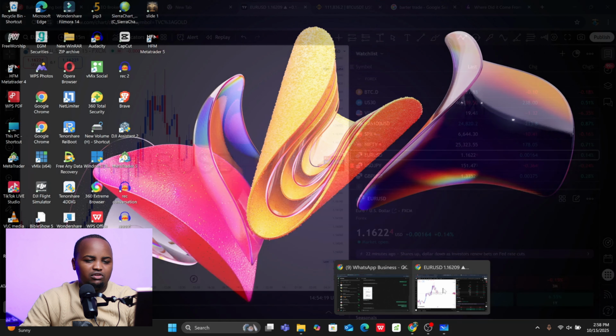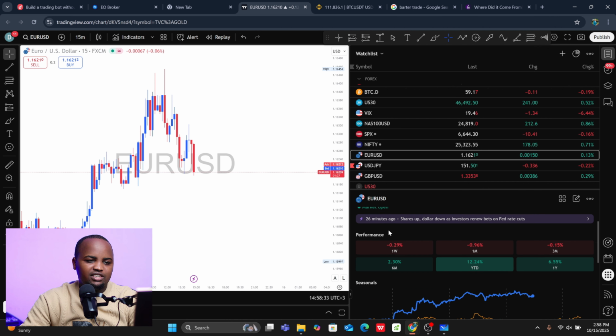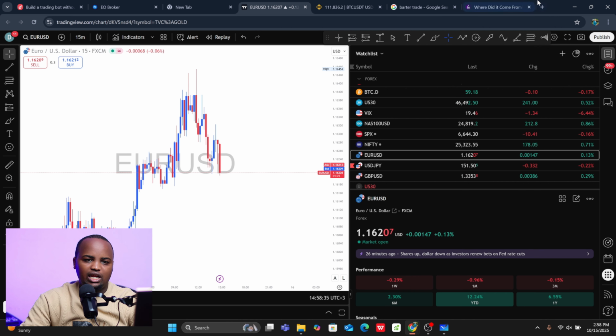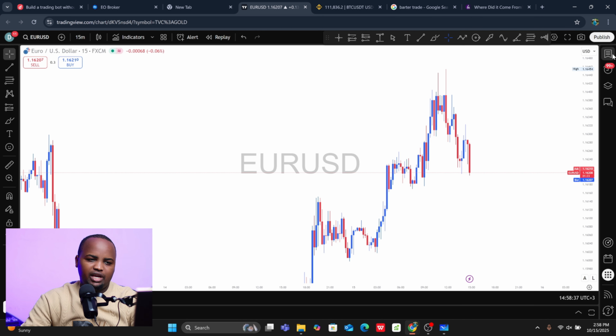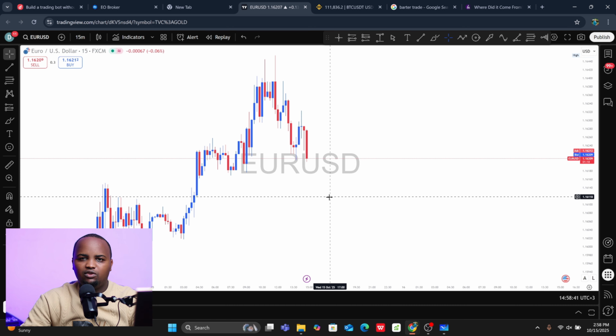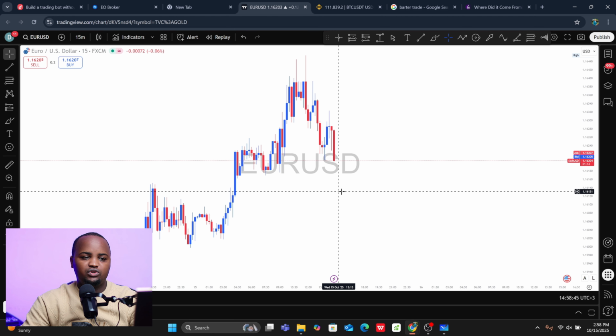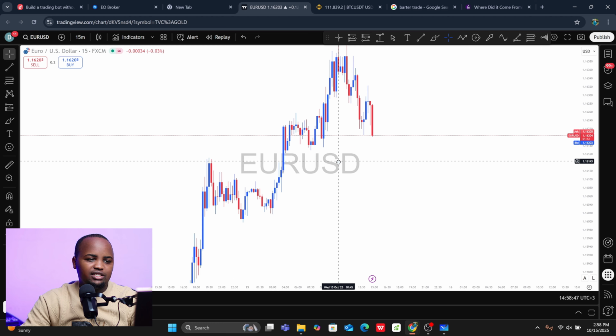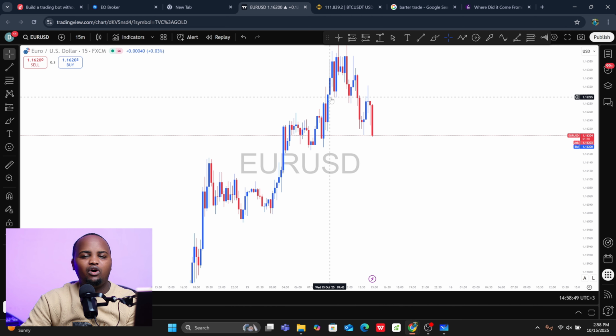Now this is what we call forex trading. You can see different currencies here. The market is very volatile. What we do in this forex market is use what is called technical analysis. Technical analysis means that you observe how the market has moved through history. For example, when you look at this market, it's moving up, and this is what we call an uptrend.